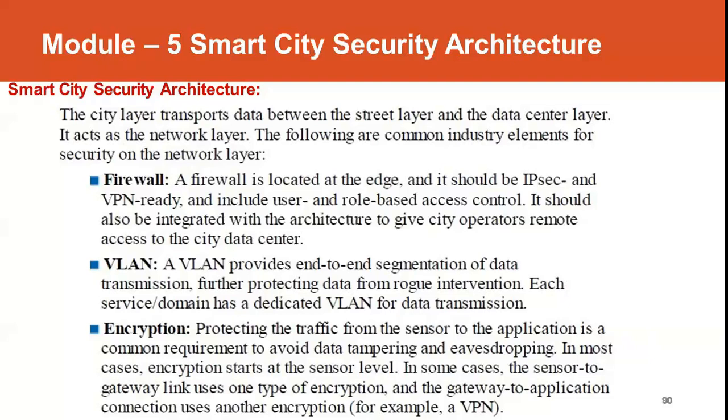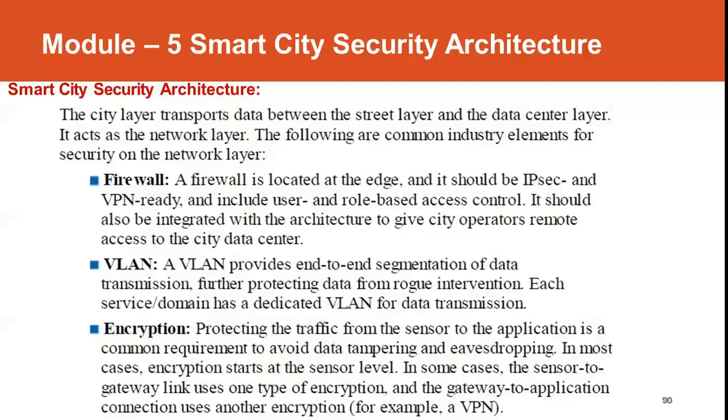In some cases, the sensor to gateway link uses one type of encryption, and gateway to application uses another encryption. So we can have multiple levels of encryption, maybe from sensor to application, or from sensor to gateway, then gateway to applications. So different levels of encryption can be accomplished.